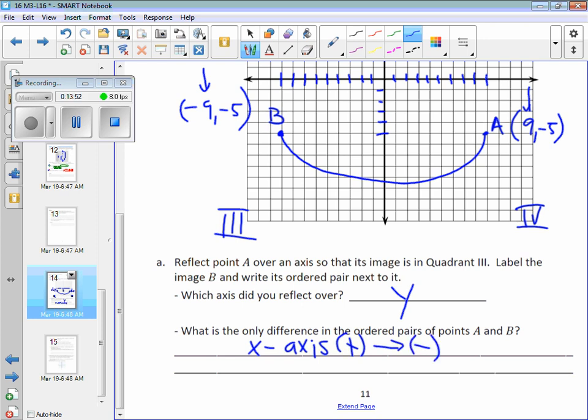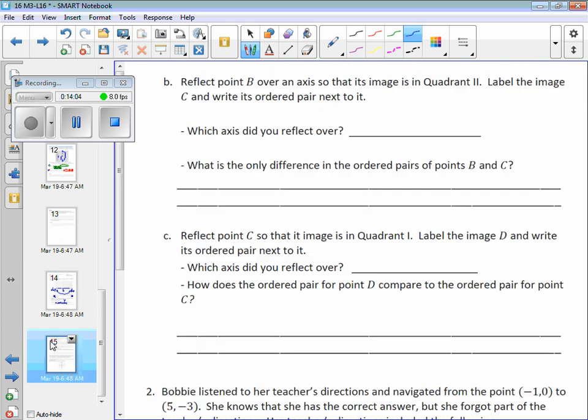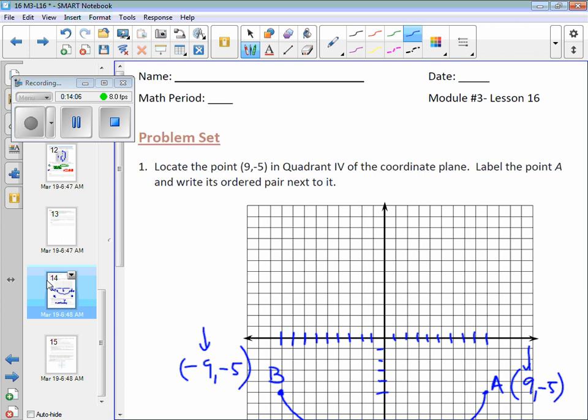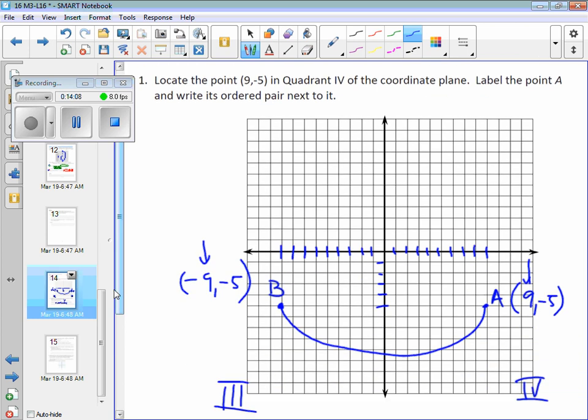Okay. It makes sense for me to stay on this page, even though the directions go on to the next page, because I need the coordinate plane to do it. So I'm going to stay on this page,